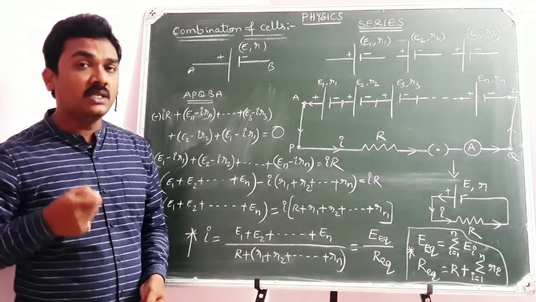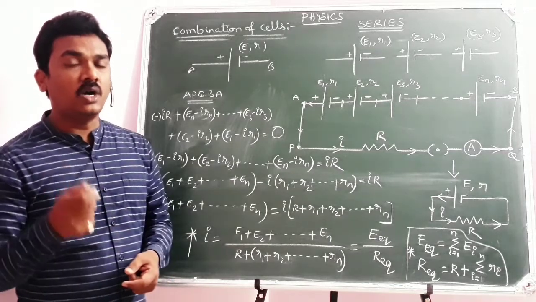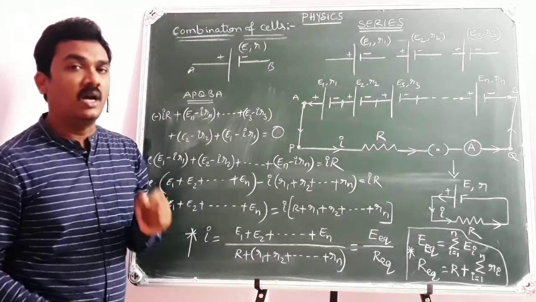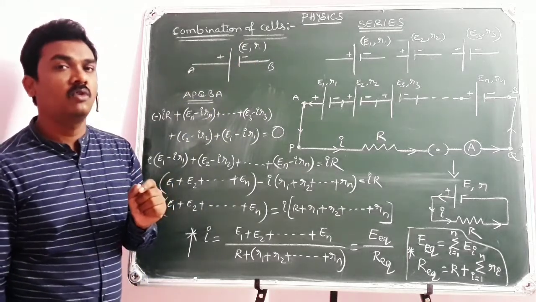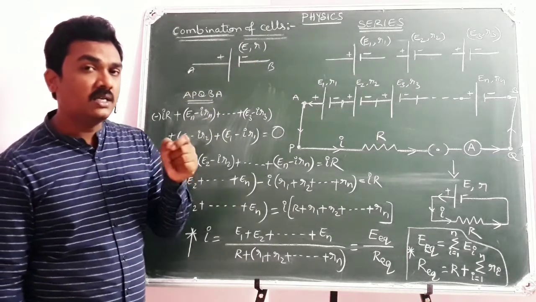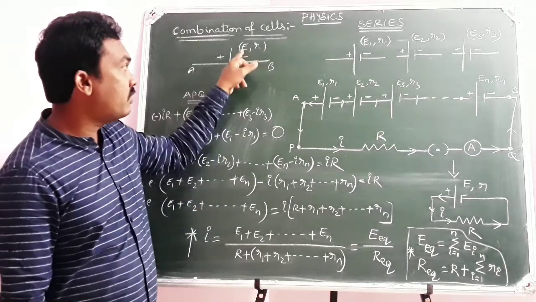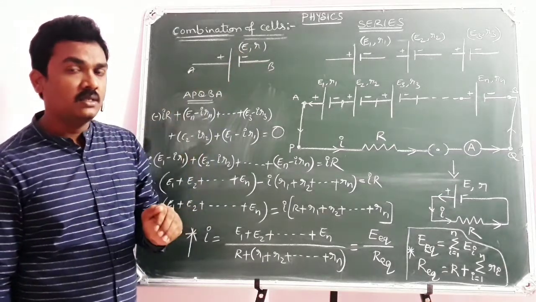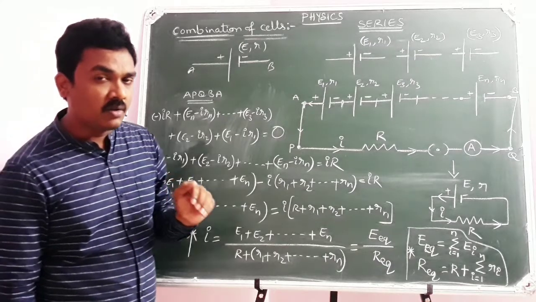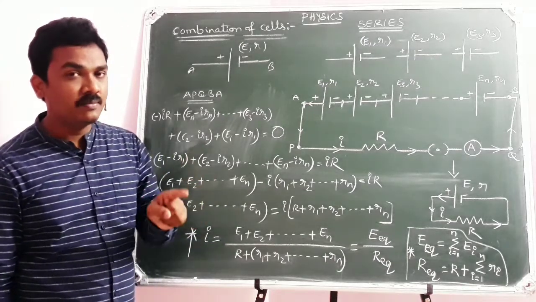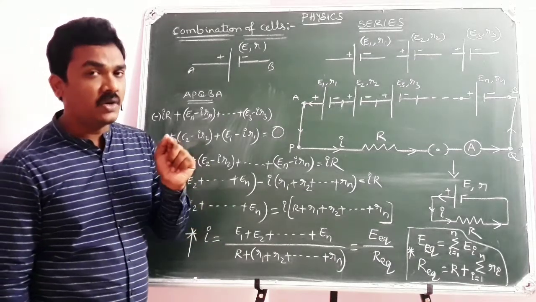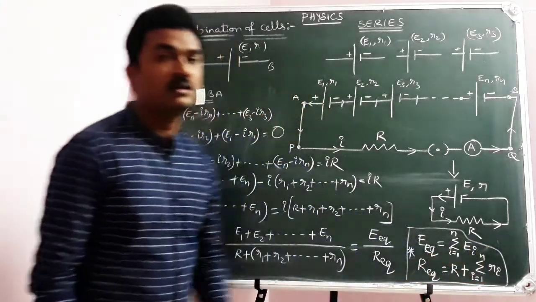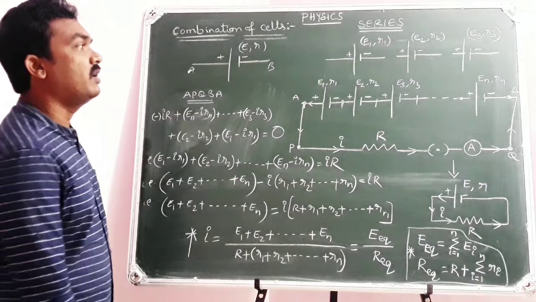If N identical cells, each of EMF E and internal resistance R, are connected in series, then the equivalent EMF is equal to NE, and the equivalent resistance is R plus NR, so that the circuit current will be,